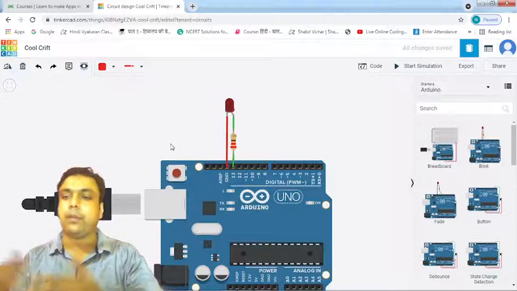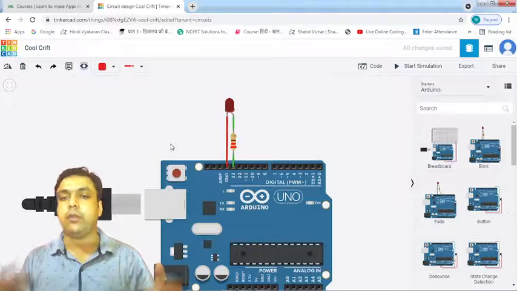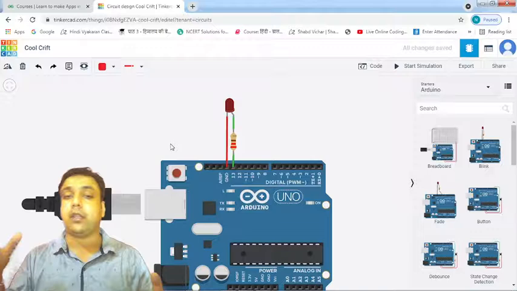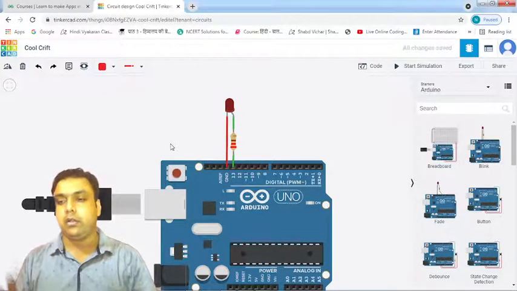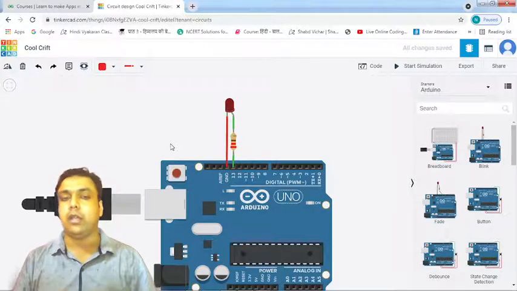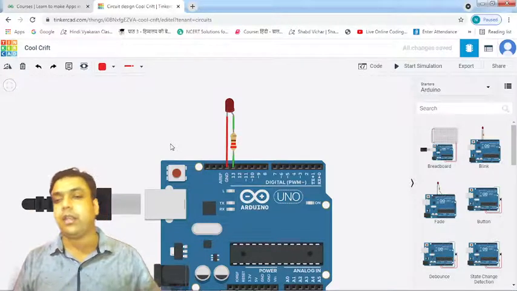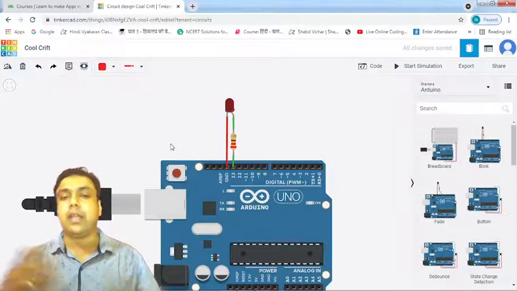So we'll go step by step. If you are learning something new, you will have to go step by step. If you try to make a big thing without having the basic knowledge, definitely you will fail. Okay, that's the truth. It's hard to digest, but it is the truth. If you are making something new without the basic knowledge, definitely you will not be able to succeed. Right? So just listen to what I am telling you guys, listen to those things, practice those things,